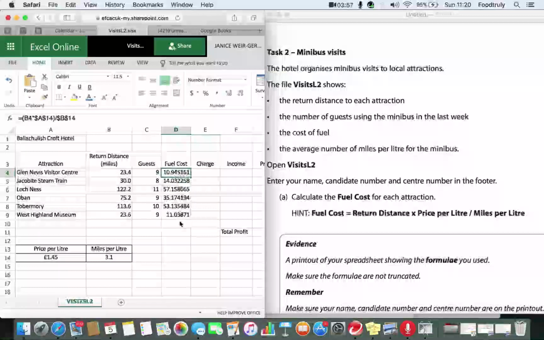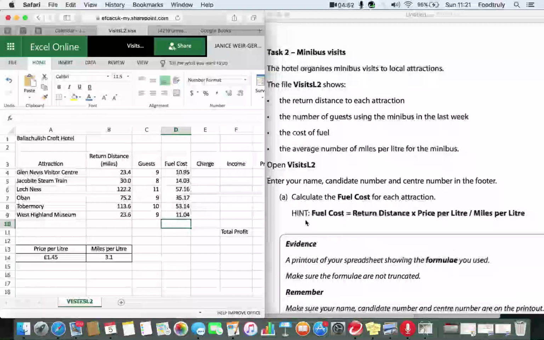And obviously, looking at your formulas, we don't spend money in 10.945161. So you need to reduce the number of decimal places to just 2. And as you can see, it will automatically change if need be. So that number is 0.15. This should change to a 0.16. So it would normally do it all for you. Now you don't have to do each line, but if you did the first one, then all the rest of them, when you copy it down, it will truncate it all for you. Okay? And that is the formula,